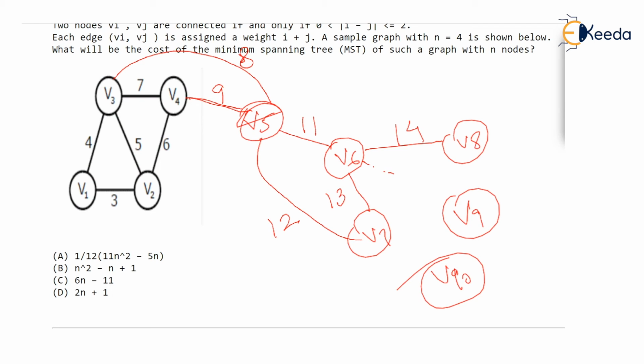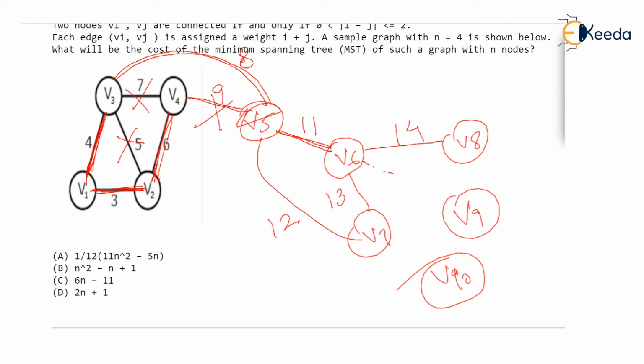They are asking in the tree. Just listen very carefully. So first of all, you find the minimum cost spanning tree. 3 will be there, minimum weight, then 4 will be there, correct? Next minimum, then 5 can't be there. This will create a cycle. Then you will have to add 6, correct? Because this is the next minimum. 7 cannot be added. This will cause a cycle. Then you will add this 8 to connect V5. And you won't add this 9 because this is surely going to cause a cycle.